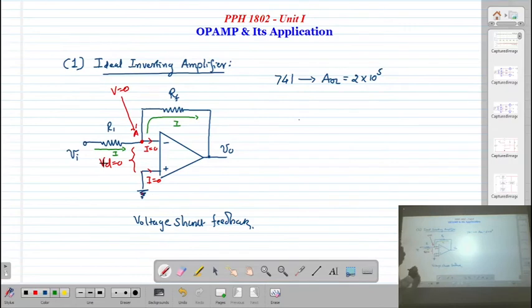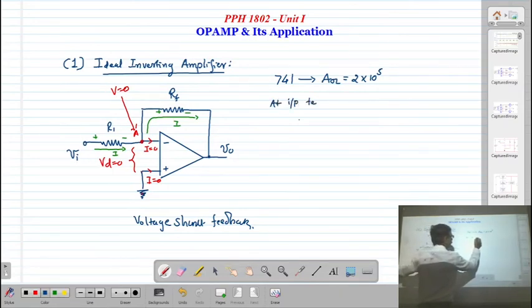Now if I apply Kirchhoff's law, then here this will be positive, this will be negative. Here also the current is flowing like this, so this is positive and this one is negative. Correct? Now we apply Kirchhoff's law at the input terminal, here between the VI and VA. So what you can write is the current I at the input terminal,